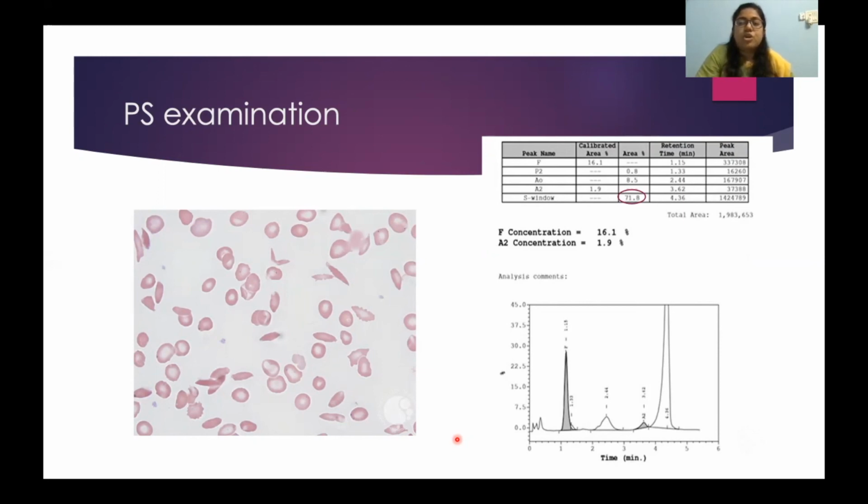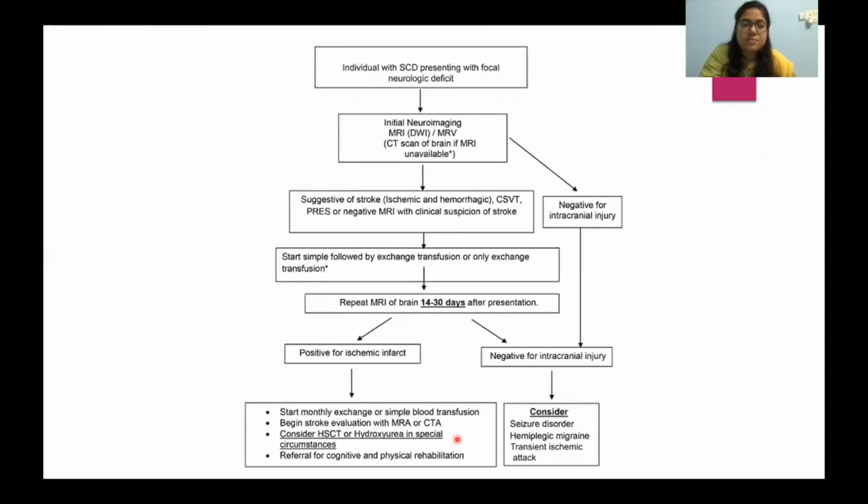you can use 2 units per 15 kg of the body weight. Okay, so 2 units per 15 kg. So if you have a 60 kg patient, you will require 8 units of blood for exchange transfusion. Now, repeat HPLCs can be done to see whether your S concentration has reduced to the level that you want. And different people prefer different levels. Like if a procedure has to be done, an anesthetist might prefer less than 30%. Some can work with less than 40% also. Okay, so this is how you go about this particular case.